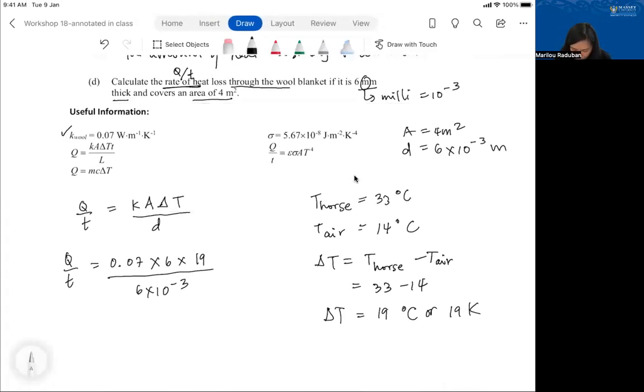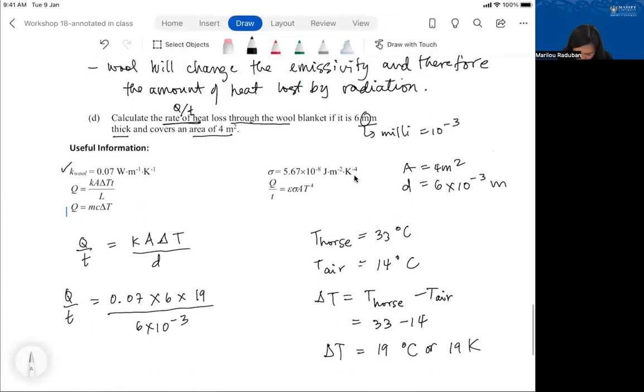Oh yeah, wait, there's a mistake here. The area is not 6, it's 4. Yeah, the area is 4 meters squared, not 6. Okay, that will give you a rate of 887